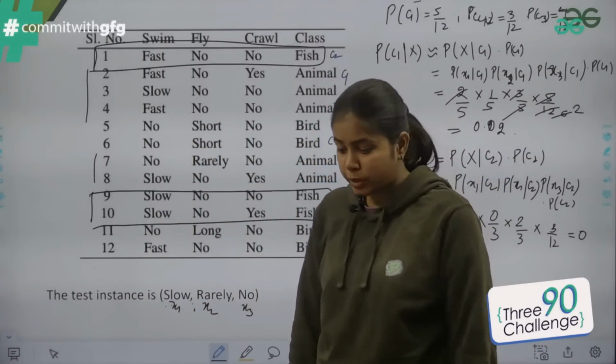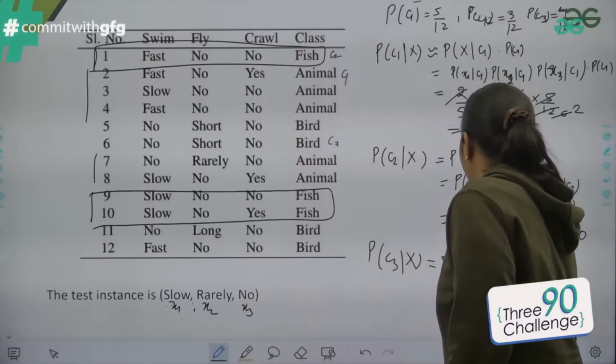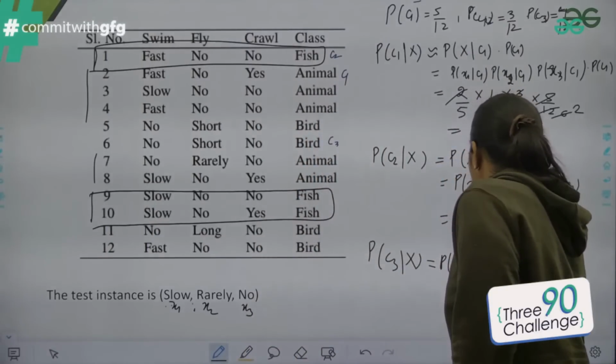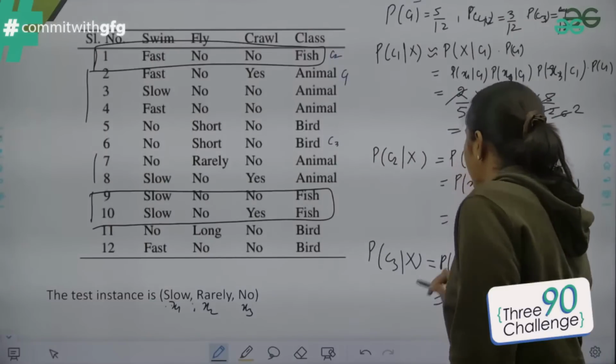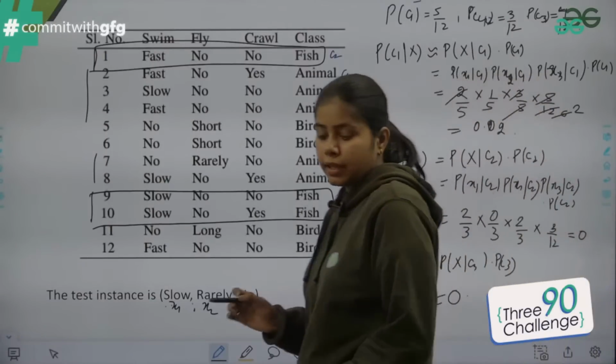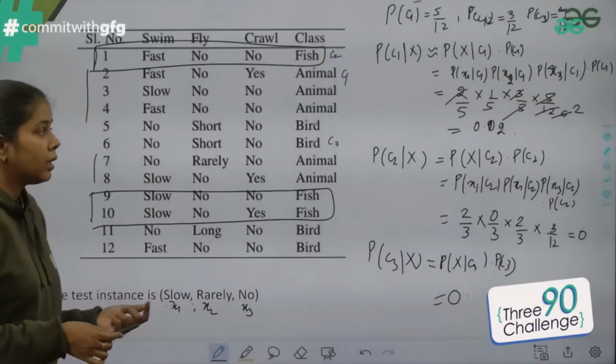Tell me guys, what would be the probability? So what would you get? Probability of x given c3 into probability of c3. And guys, just solve it by yourself. In this case, you also get the probability 0. Right? If you get the probability 0, then that means